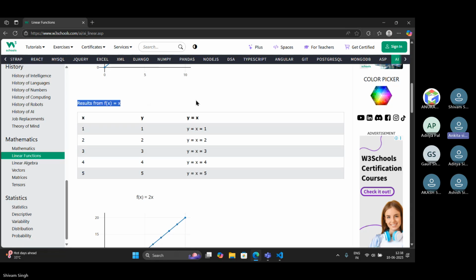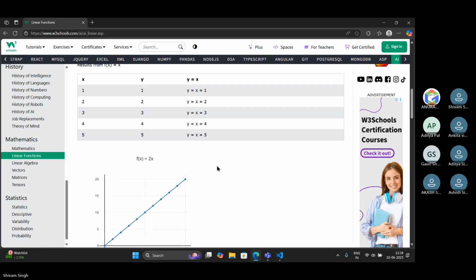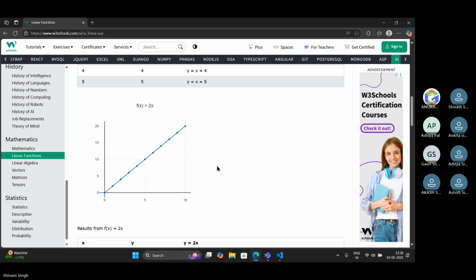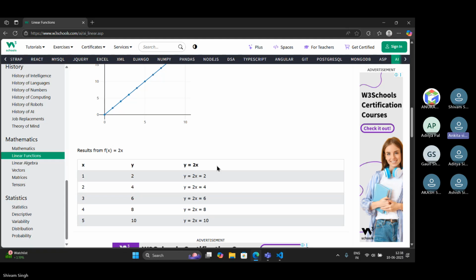Now these are the values given of x and y. We have to plot the values of x and y. y equals 2x.